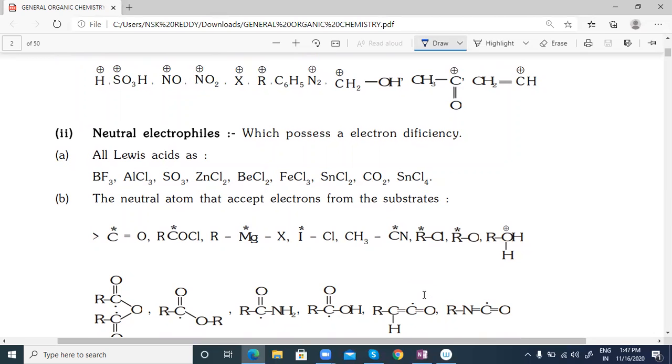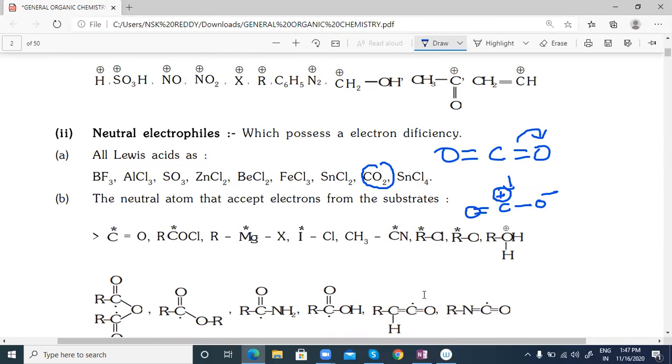But they have multiple bonds, sir. For example, I am taking CO2 here. It can act as an electrophile, sir. C double bond O is there. When this pi bond is moving here, I can get it here, C double bond O. I showed that very clearly: the one which is electron deficient, that is the electrophile.